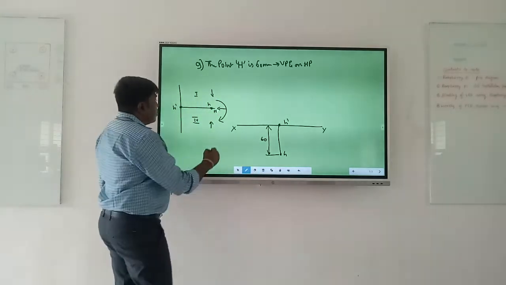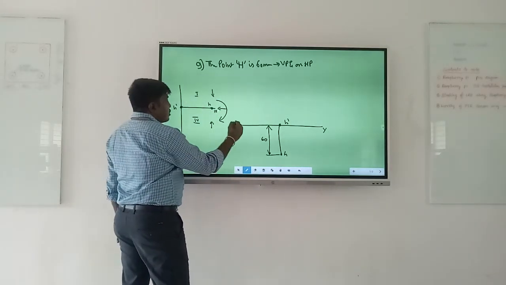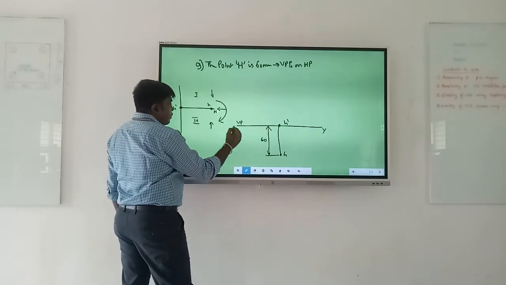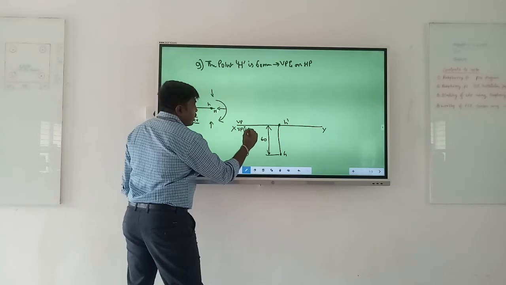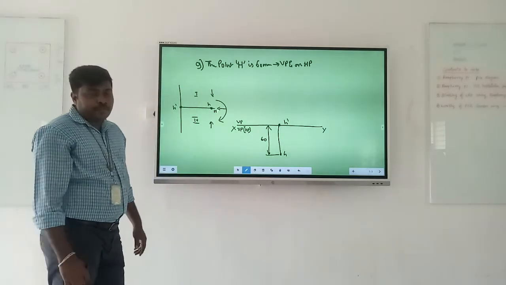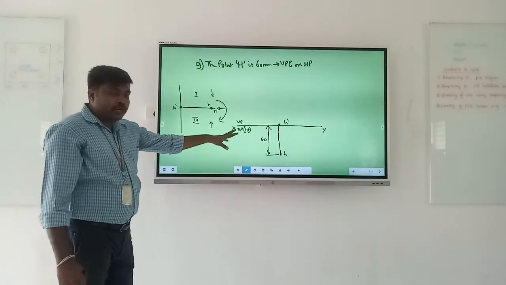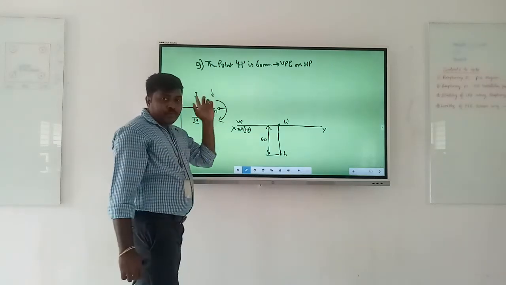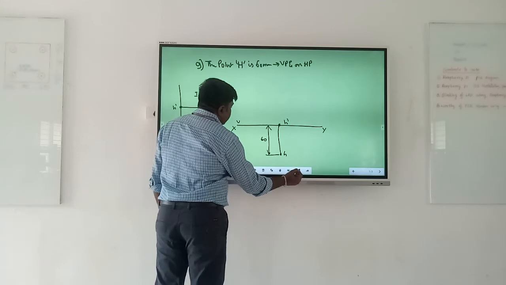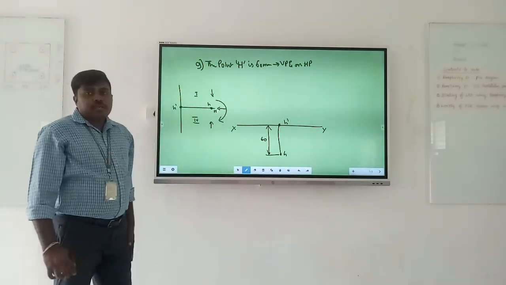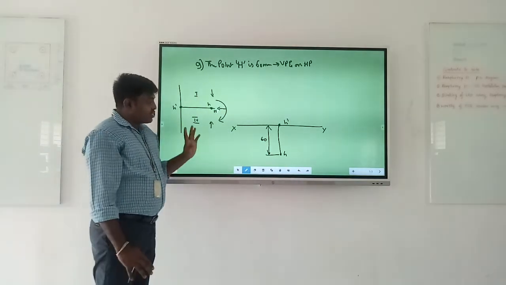60. And here VP is above. For first quadrant, VP is above the line. For fourth quadrant, VP is below the line. HP, when I rotate clockwise 90 degree, it will come below the line. So this is how you are going to get it. If you want, you can write it like this and tell the point is being shared between first and fourth quadrant. If not, better not to write anything directly. You just solve this problem and write down it's being shared by both first and fourth quadrant.